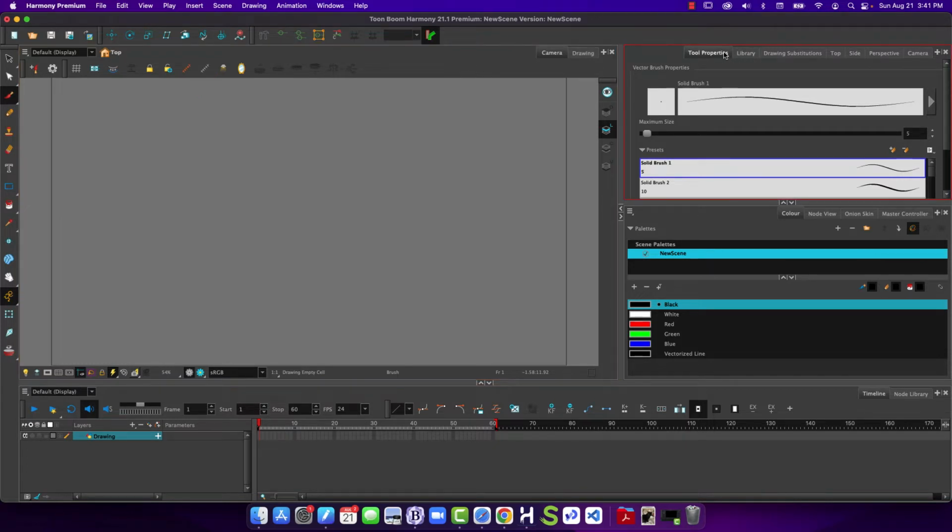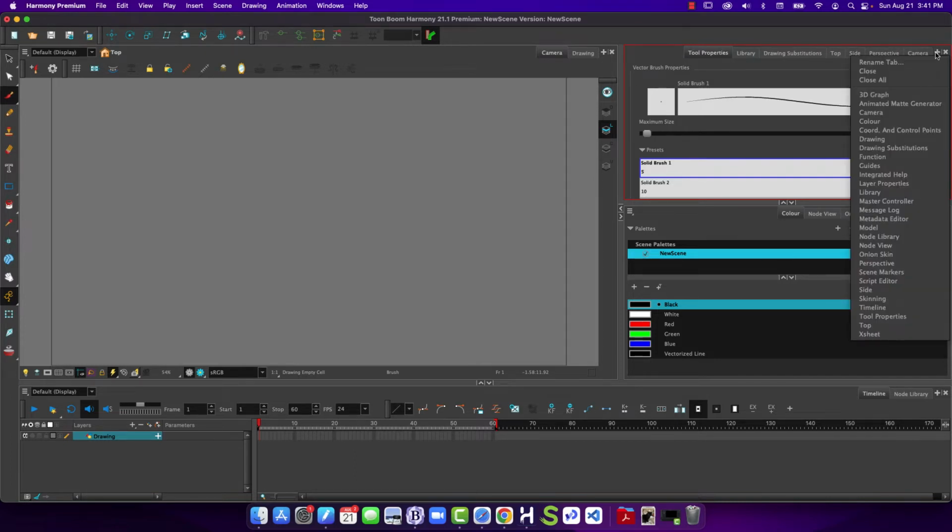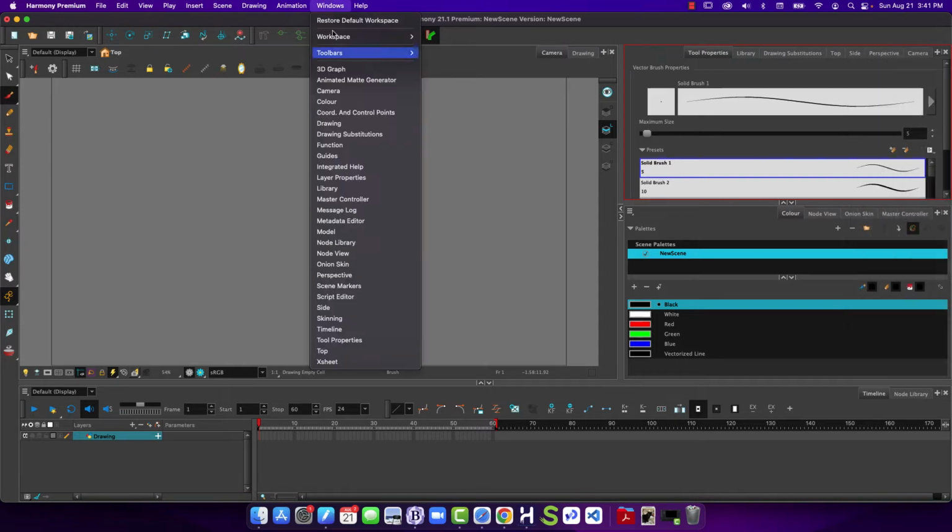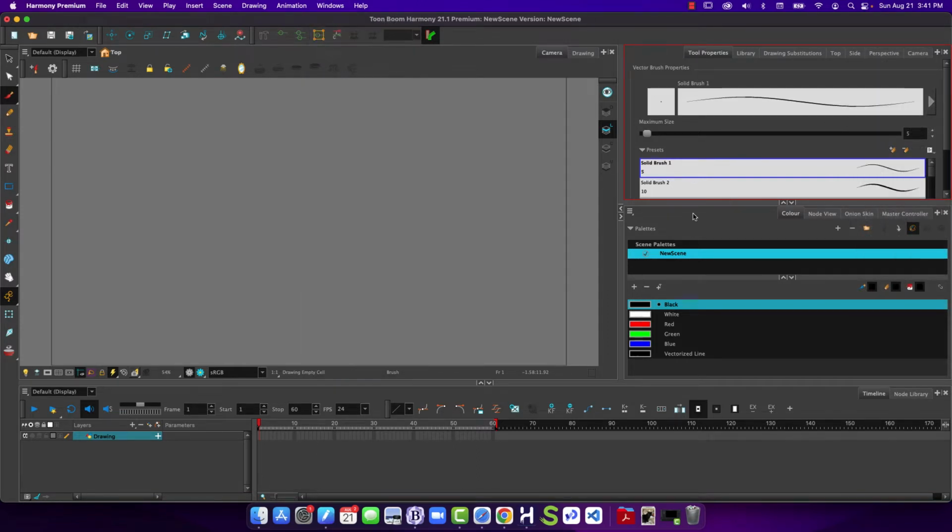We have options for which windows are currently available. So I have a number of windows that I've added. And if I click on the plus, I can see these are windows that I can add. These are all windows that would be under our window pull-down menu. I have access to those because I've been working in Harmony for a while now. So my user interface in Harmony has been tweaked a little bit to better support what I want while I